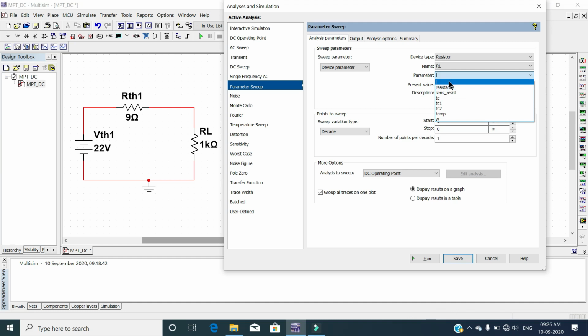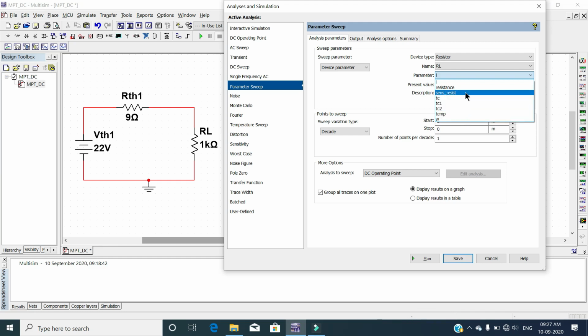The first one is the length of the resistor. Next, resistance of the resistor, sensitivity of the resistor. TC stands for temperature coefficient, temp stands for temperature, W stands for width of the resistor.